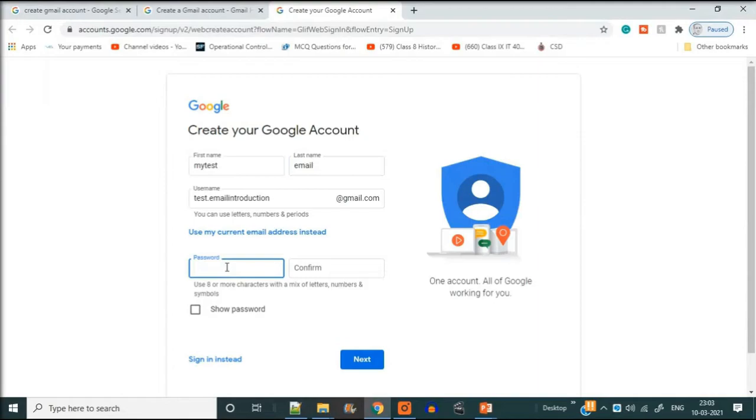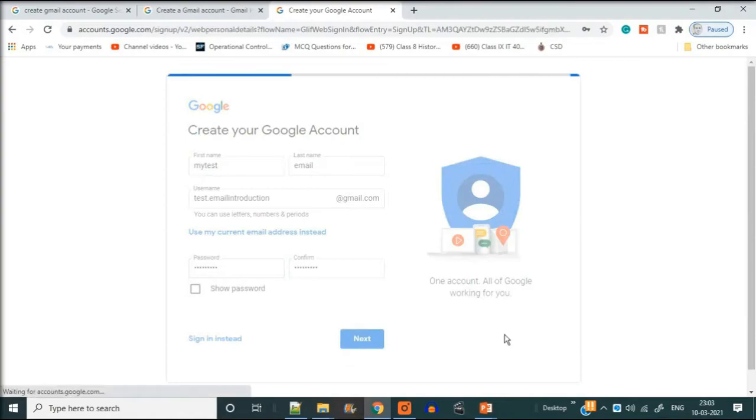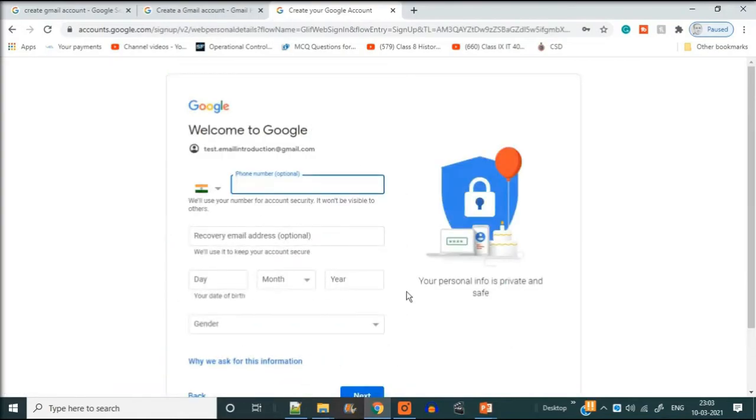Now coming to the password, you have to use 8 characters or more, and you can mix letters, numbers, and certain symbols, underscore, @. These symbols you may use. Try to make it as strong as possible, because this will make the email and other Google product identification more secure for you. Now I'm taking you to the next form.